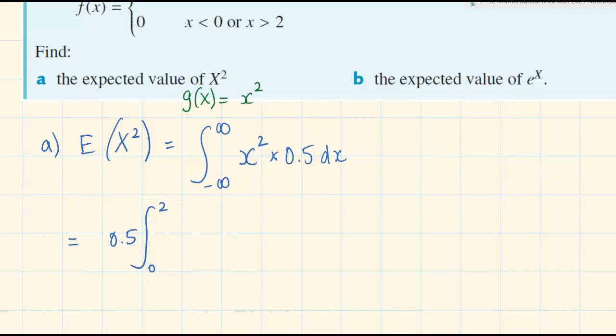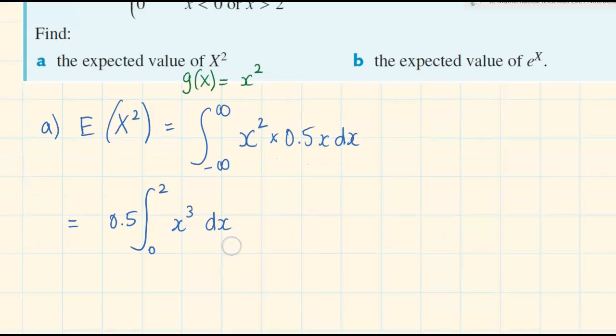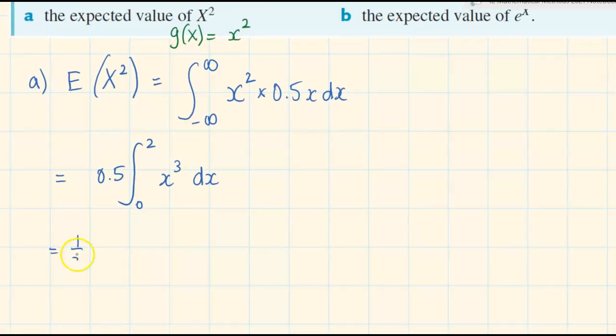And I have forgotten something. What have I forgotten? Yeah, thanks. I have forgotten my x up there. And so on the inside, I get x cubed dx, which equals a half times x to the power of 4 on 4, from 0 to 2,